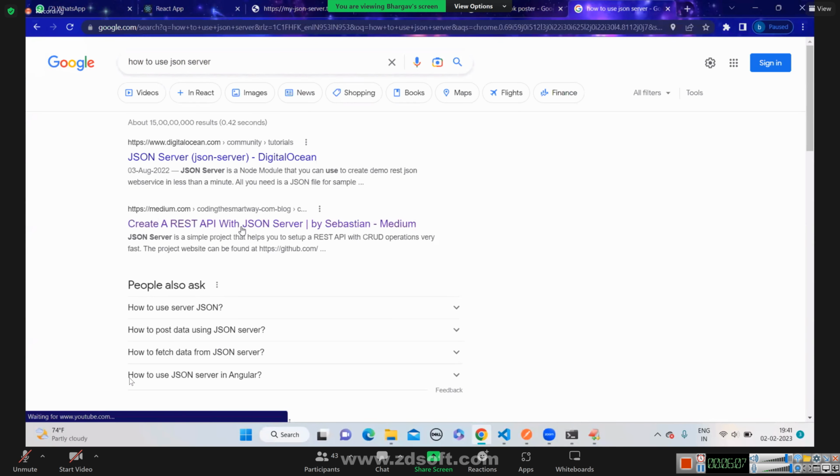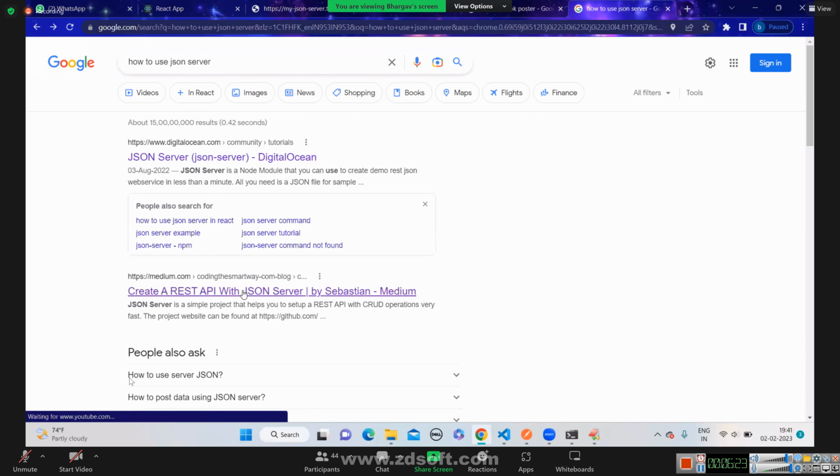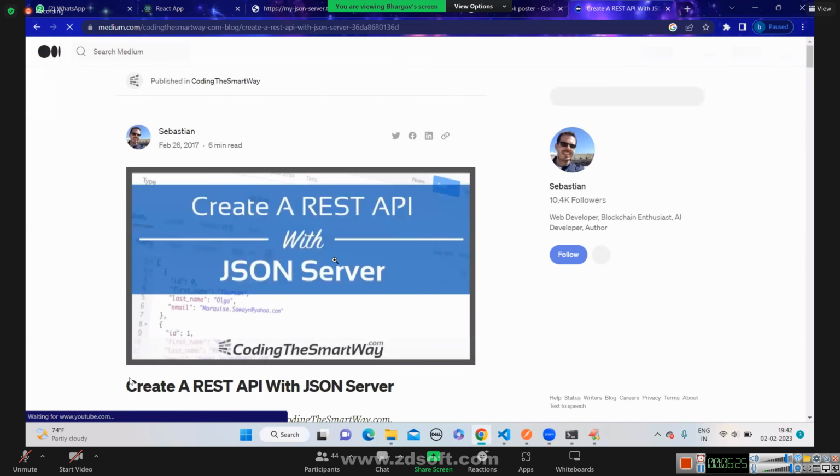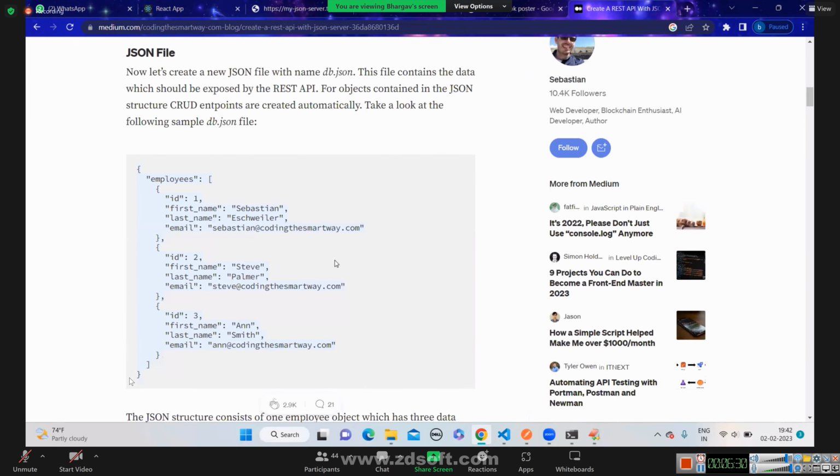Yes, sir. Medium.com. Okay. Your data should be in this format.